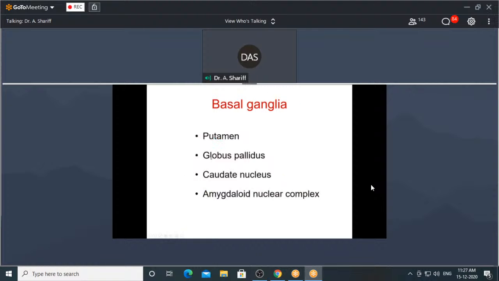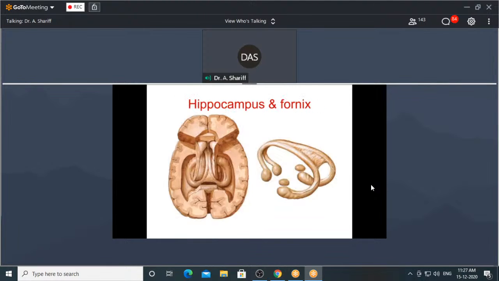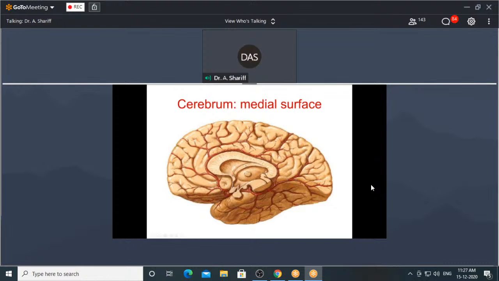Okay, now let us go back to that slide and show you the fornix again. This is the fornix, and these are the lateral ventricles, which are the cavities of the cerebral hemispheres. Okay, and this is the thalamus. Now if a section has gone